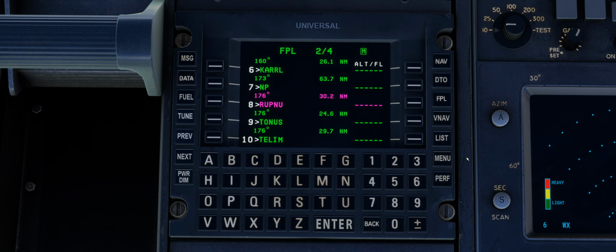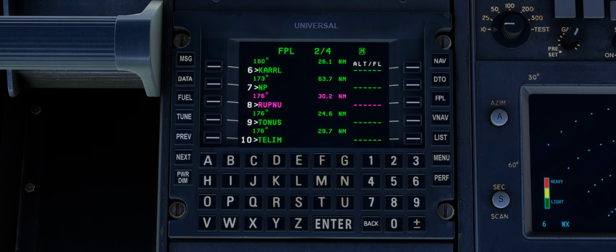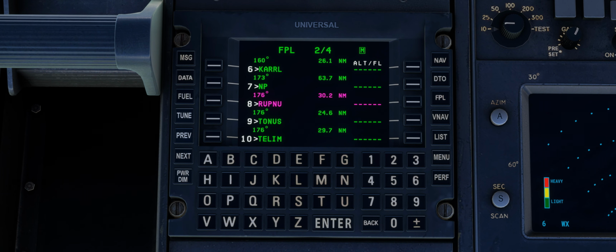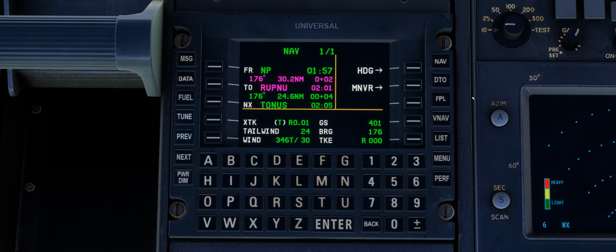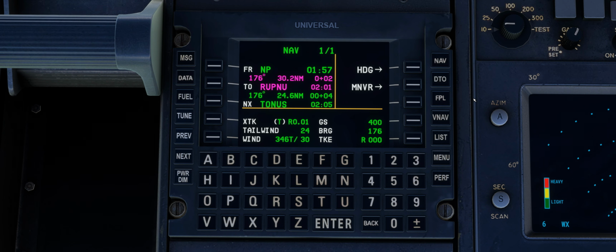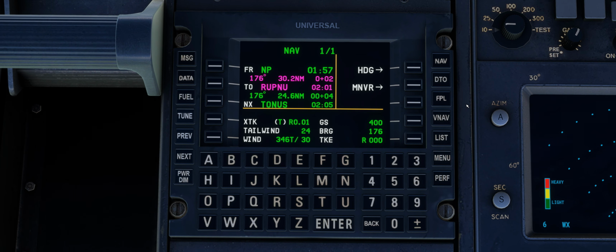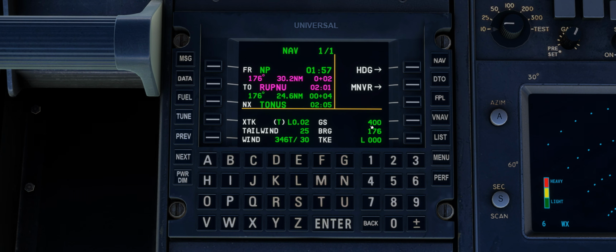Skipping ahead again to the cruise portion of the flight, we can continue to monitor the various pages on the UNS-1 and confirm correct lateral navigation. On the nav page, we can see an overview of our position on the flight plan, as well as viewing information regarding our current position, such as the current wind conditions and how this affects our ground speed and flight